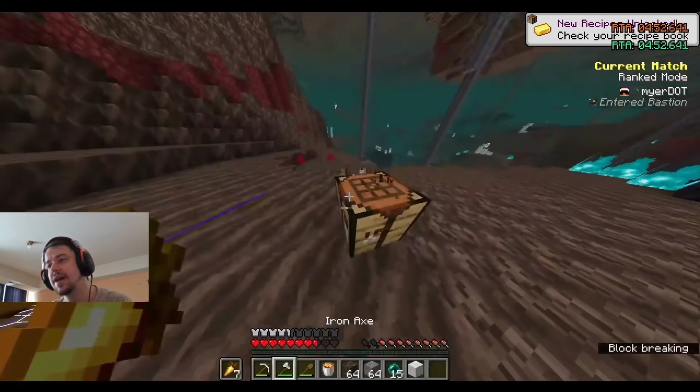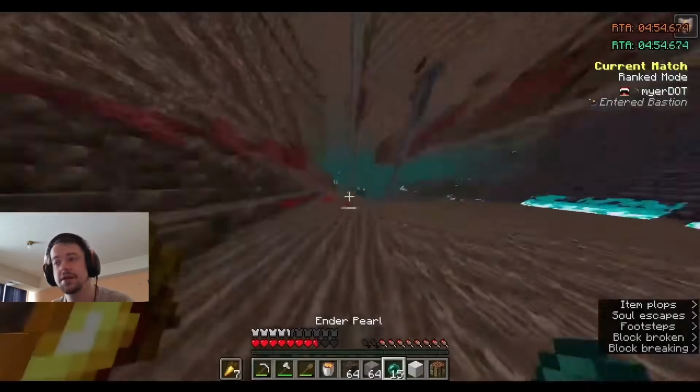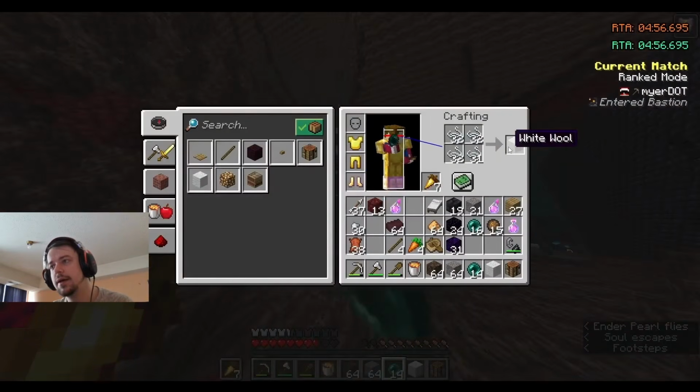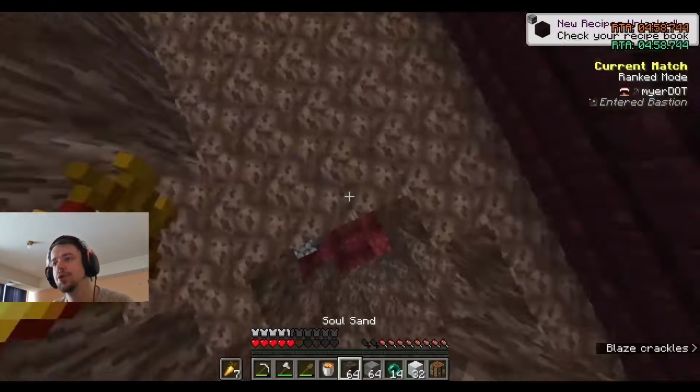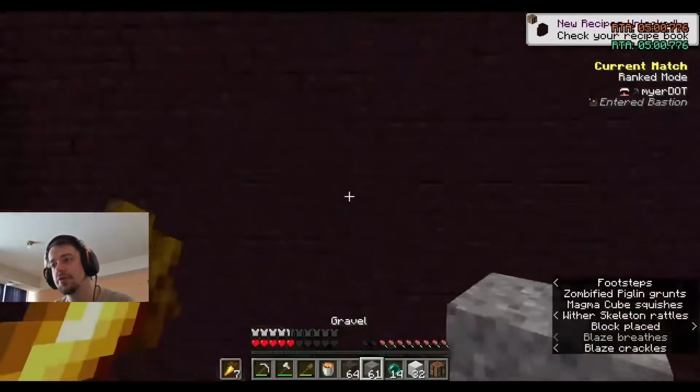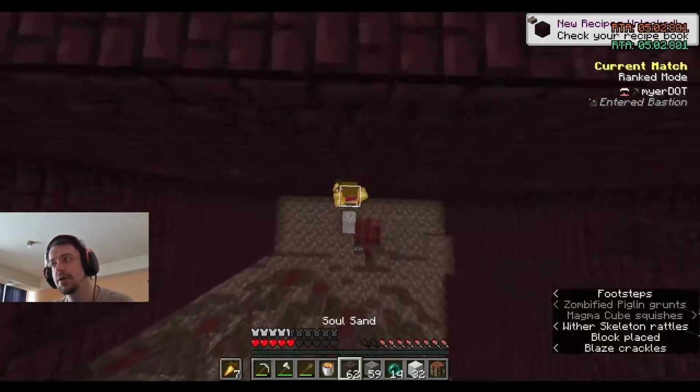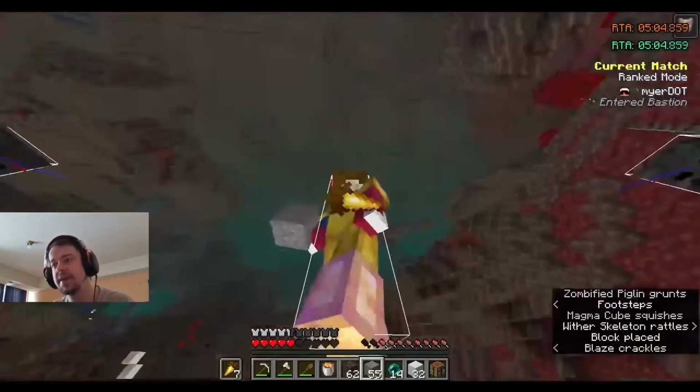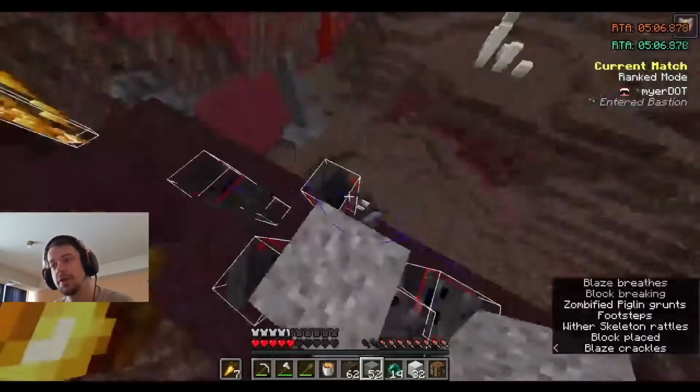A little bit late, I could have made that probably while the piglins were trading. Now I'm just pearling over, doing pre-crafting of blocks as I'm pearling over to the fortress. And so we're here, 5 minutes on the dot, basically being in the fortress, and these withers are a little